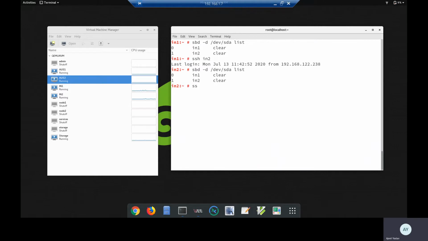So we need to run the same job for my Australia 2 machine, and the command is sbd -d, then the name of the disk, and watch. Let's cross check it.